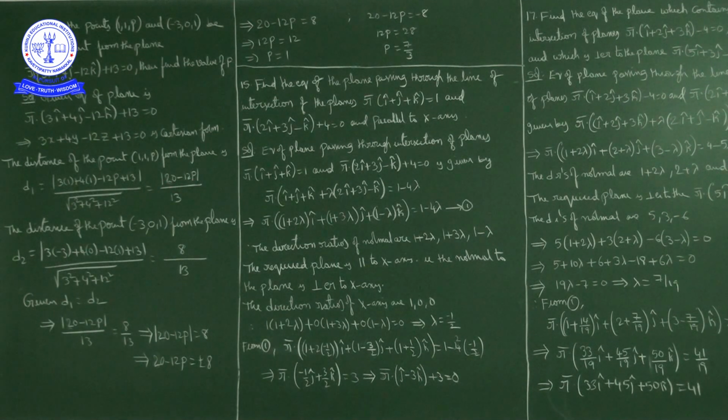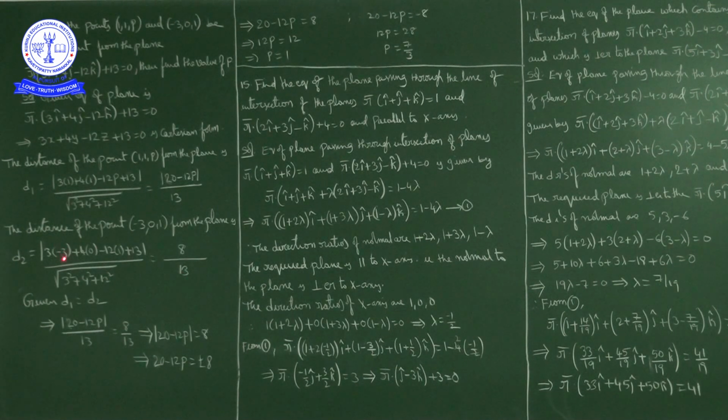Now the distance from the point (-3, 0, 1) to the plane I will consider as d2. The distance of the point (-3, 0, 1) from the plane, d2, is equal to, in place of x, y, z in the plane equation, substitute -3, 0, 1. So 3 into minus 3 plus 4 into 0 minus 12 into 1 plus 13, upon the square root of 3 square plus 4 square plus 12 square. So the denominator is 3